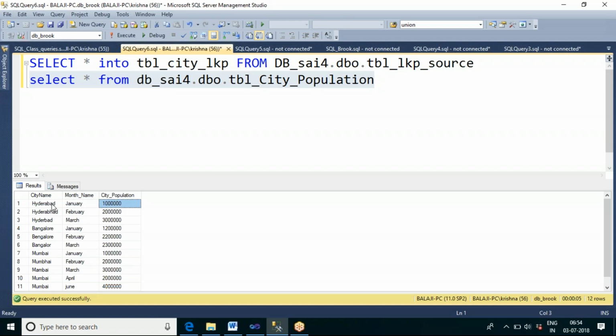Here you can see Hyderabad is correctly spelled, and here you can see Hyderabad BH. And in the third record there are some more mismatches, meaning A is missing here.